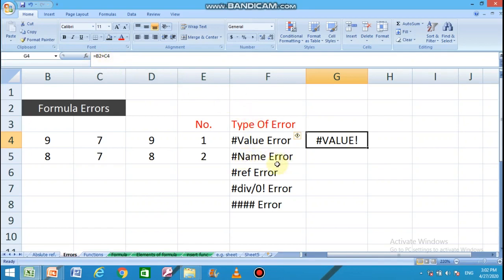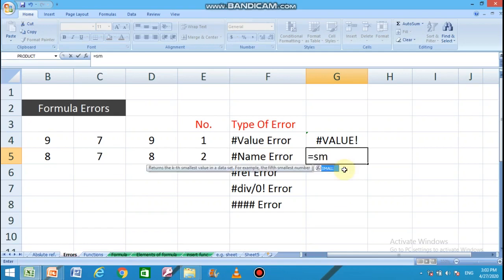Hash name error. This error occurs if the formula is typed incorrectly. For example, if we want to add 9, 7, 9 and 1 all together, we can use the sum function, because a range is required.